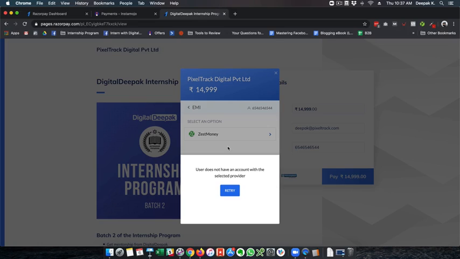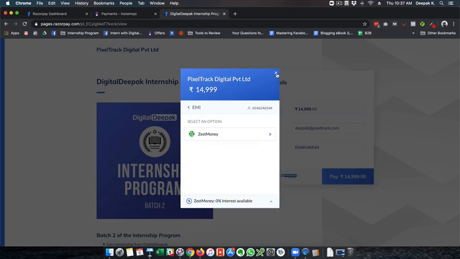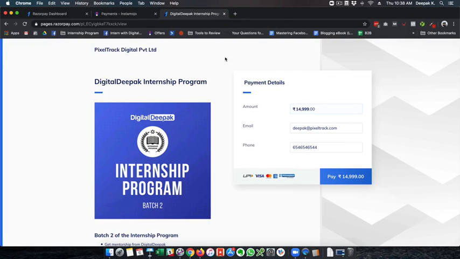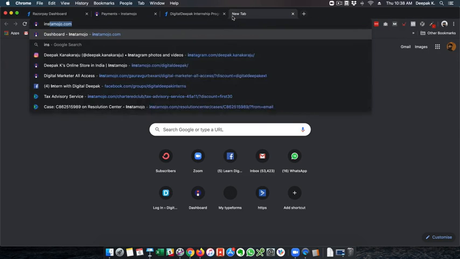First somebody has to sign up at Zest Money and have their account approved if they want to pay via Zest Money, and Zest Money gives an EMI option. If you look at InstaMojo, we don't have such an EMI option in InstaMojo.